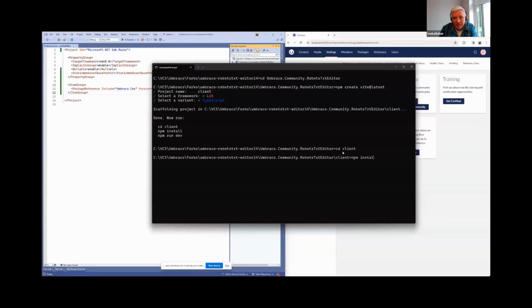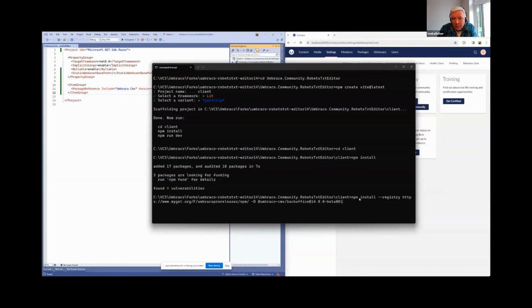So we'll use TypeScript for this. Once that's installed, once Vite's installed, navigate to the client folder and do npm install. That will install everything that Vite needs, and TypeScript and Lit and whatever else, and then that is ready to go. I also need to install a reference to the Umbraco backoffice, which at the moment is this very